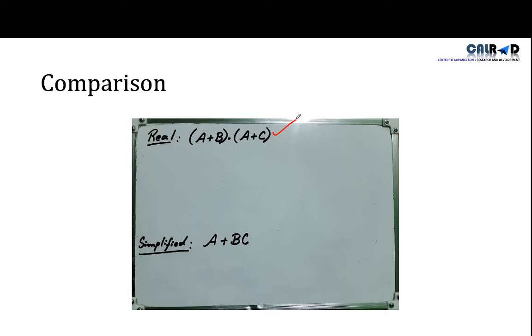But we have a small area for the components or for the gates. So we reduce the number of gates by simplifying this equation, and this is our output simplified equation. Now we have to check whether the output of this simplified equation is similar to the main equation or not. Because if the output is not similar, then this means simplification is not done correctly.